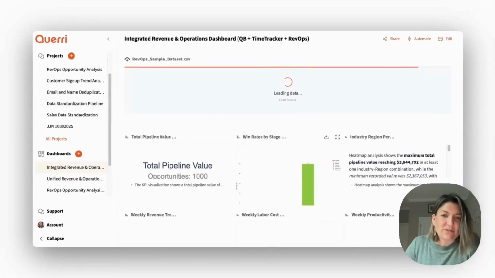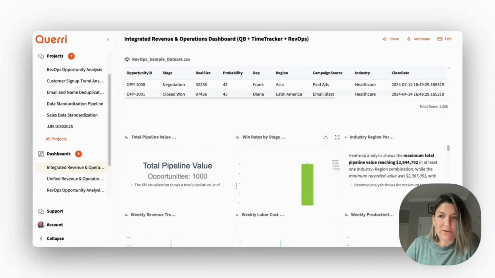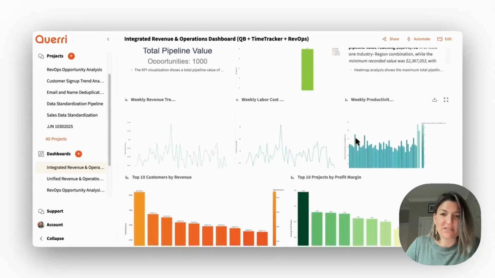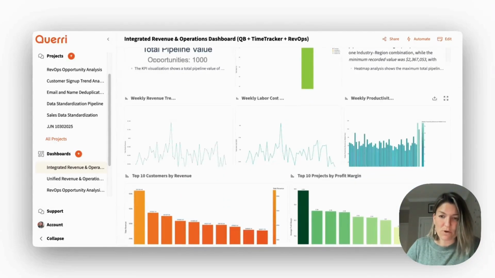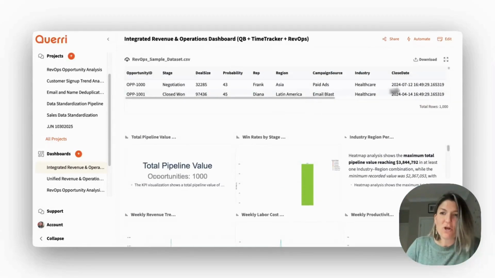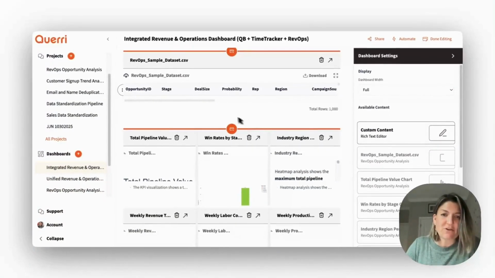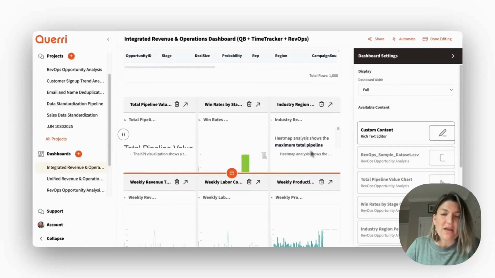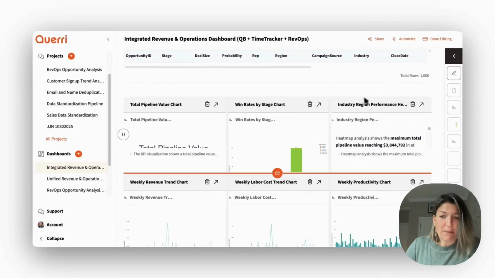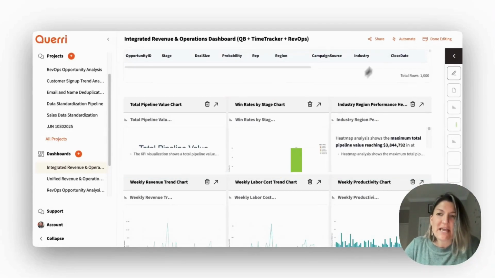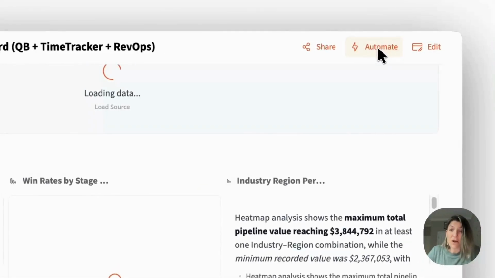And then you can click on here, and it will have automatically populated a whole bunch of things from our project into a dashboard. Look at that. Literally one prompt, I have a dashboard. And you can still go ahead and edit it and write text with this rich text editor, add some context and so forth here. But that's a pretty incredible way to go from raw data, multiple data sets, joined, asked questions, analyzed it, visualized it, created a dashboard within minutes. And I can now share that. I can either automate it, share it,